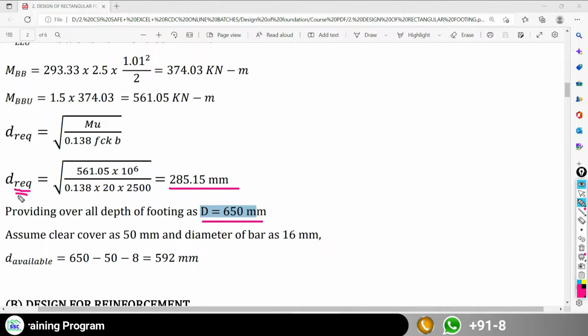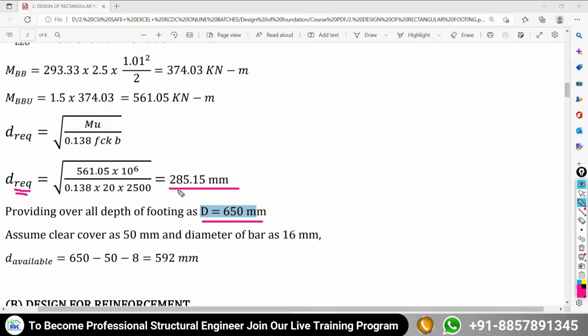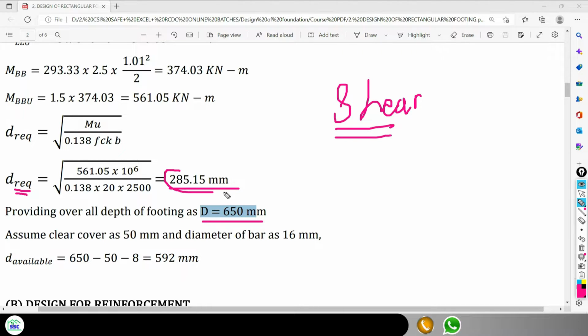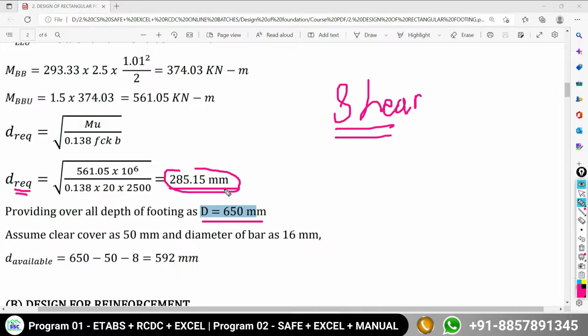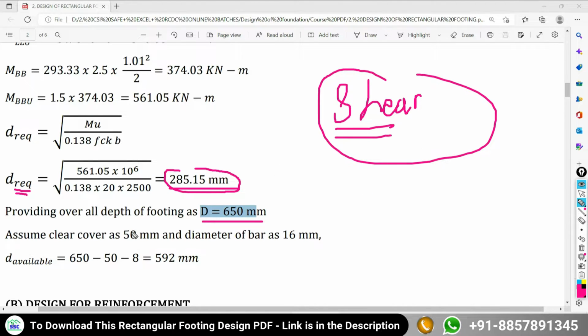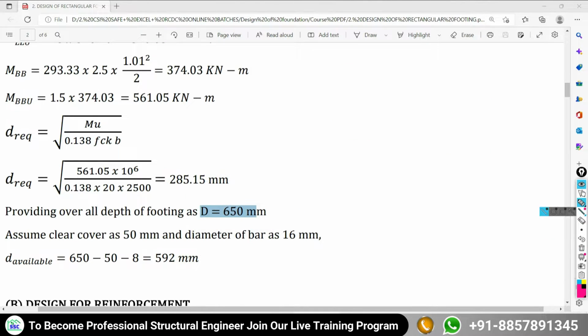But in actuality, the depth of the footing is going to be influenced by your shear criteria. This is the second criterion for deciding the depth. So if I proceed with this depth for the later calculation, definitely your depth is going to fail in the shear criteria. So for safety, I am going to take a slightly larger depth for your footing. At a later stage, if it comes out safe in shear, we will provide it. And if it comes out over-safe in shear, we will reduce it. Okay, just come down with 650 mm depth.